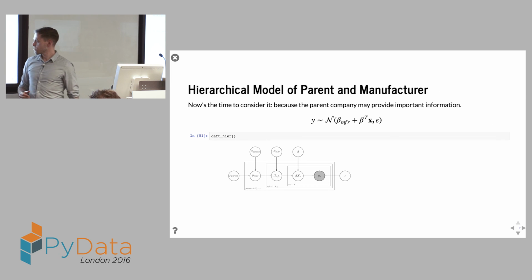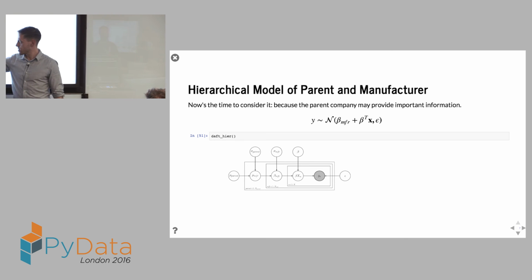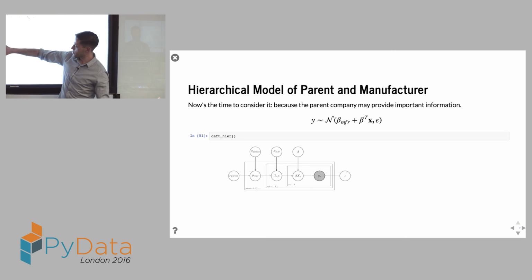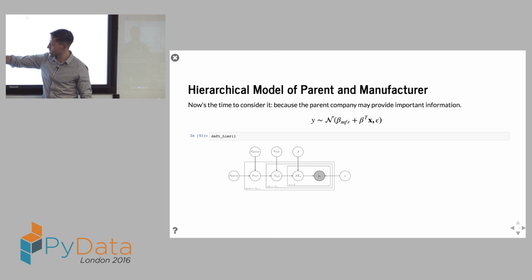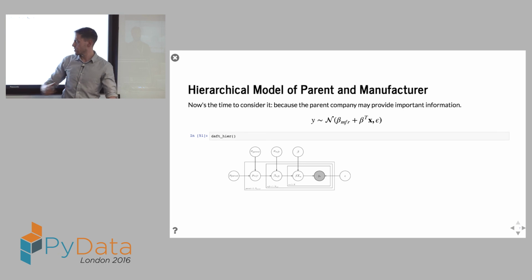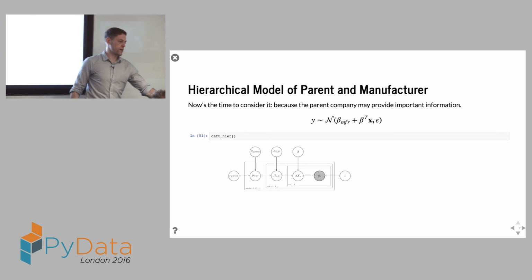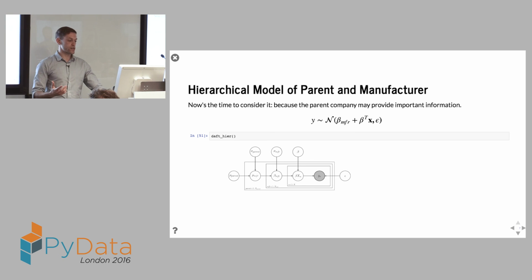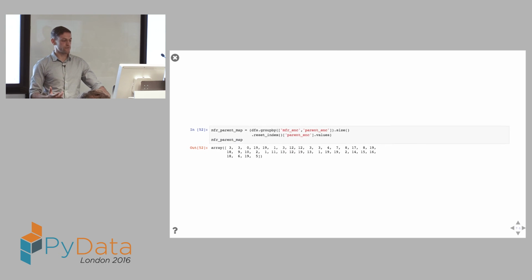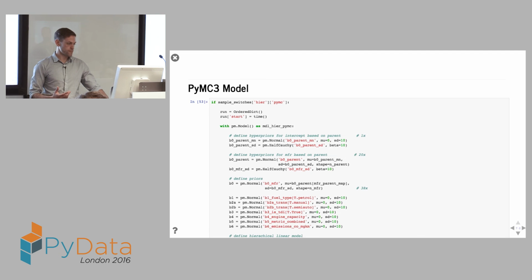Finally, a hierarchical model gets a little bit more complicated. Now I'm taking the parent into account. So again, I've grown this, I've grown this, I've grown this. Now I'm suggesting that this intercept on the manufacturer is not shared amongst all cars, but it actually depends upon the parent, and those are shared. And this finally lets us get to our understanding of the real world and that model.